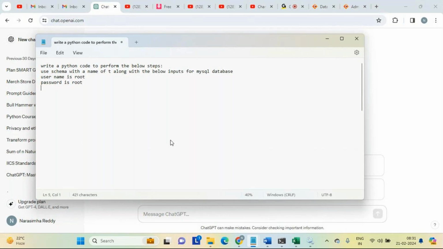and then whatever we have done as part of data integration, we are trying to do the same thing. And then host name. Host name is localhost. Port number is 3306. In case it needs other than this, it will ask for it. So with this, we should be able to connect. And then after that, go to database with the T, and then read data from